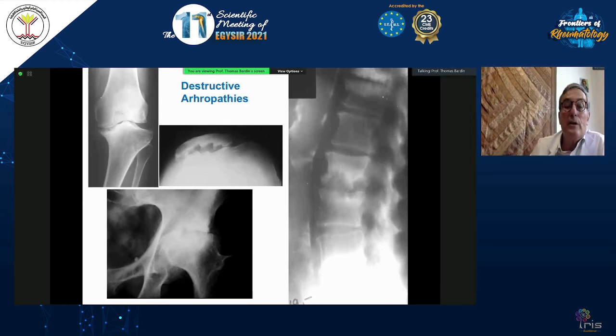CPPD can also associate with destructive arthropathies, usually in elderly women, which can be multiple and lead to a very big handicap. Here is an example of the knee with destruction of one of the femoral plateaus, and patellofemoral involvement, which is very typical of CPPD, with this reciprocal indentation of the two articular surfaces. You can see the same thing at the spine, and here a destructive arthropathy of the hip with a collapse